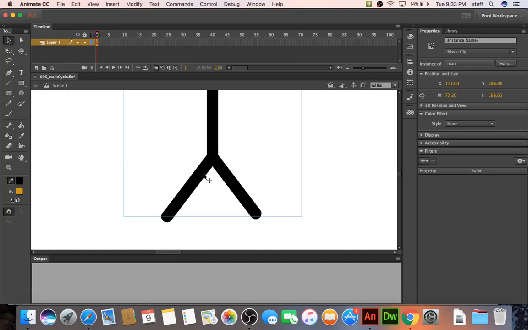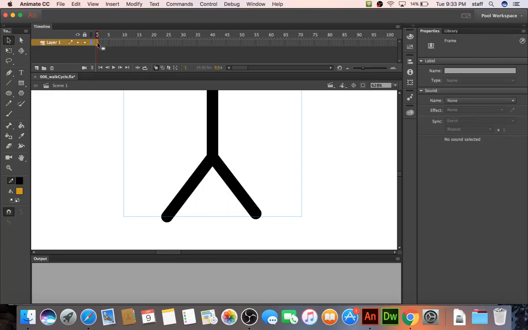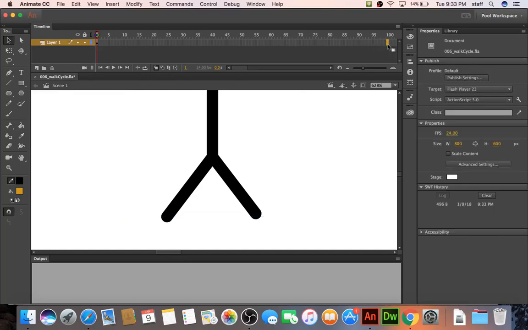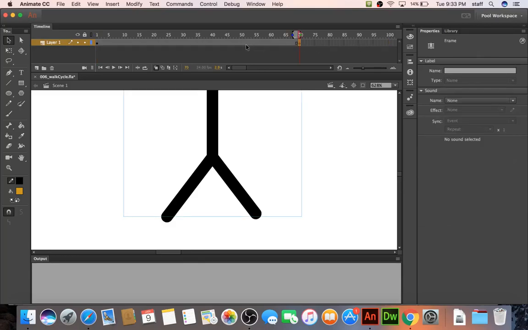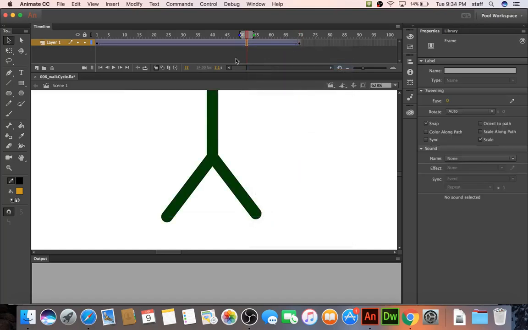We're outside of this symbol. We're out in scene 1. So let's go to like the 100th keyframe, or maybe 70. Let's go to 70. So I'm going to hit FN F6 and right click and say create classic tween, and